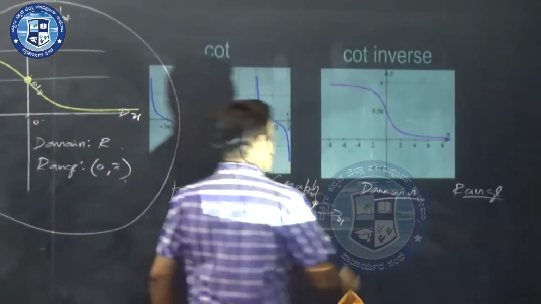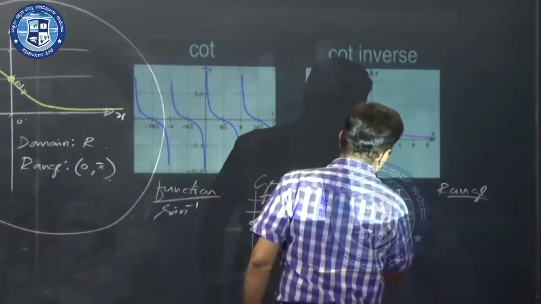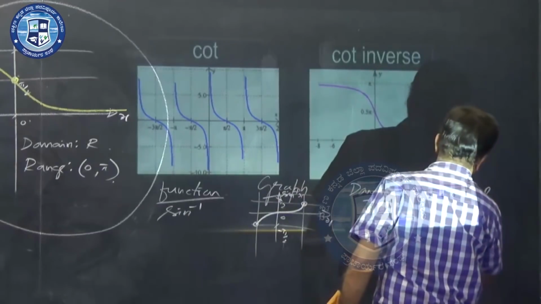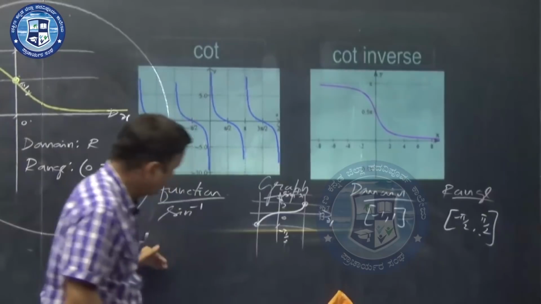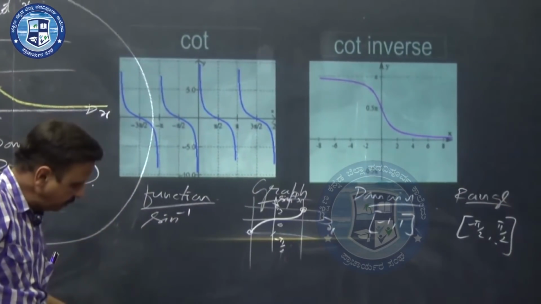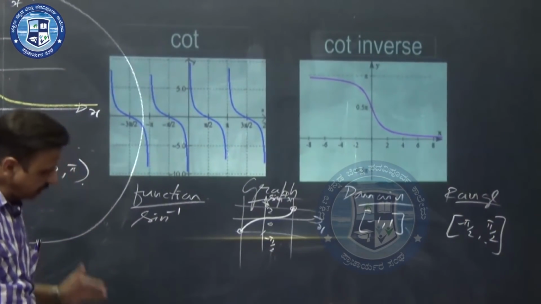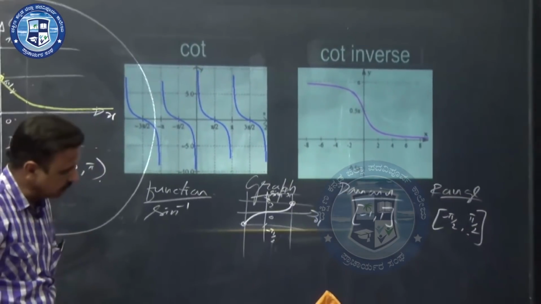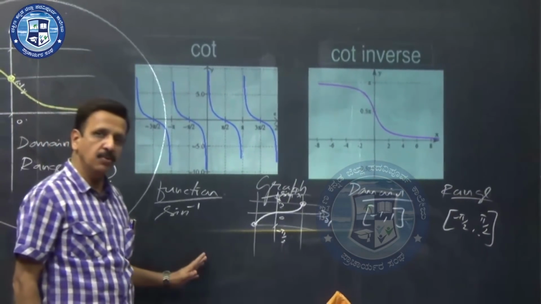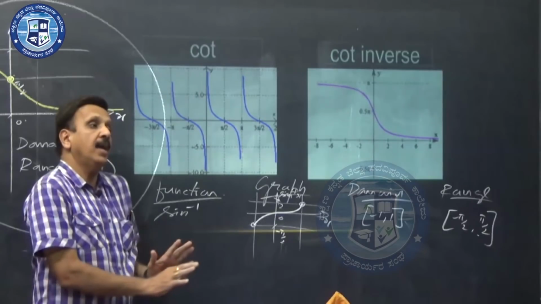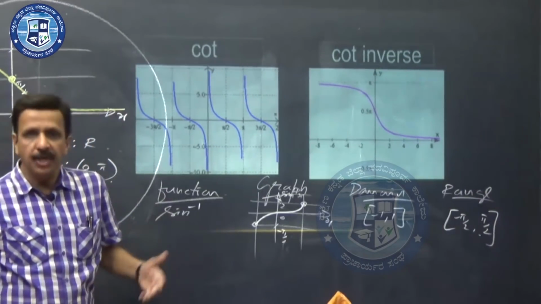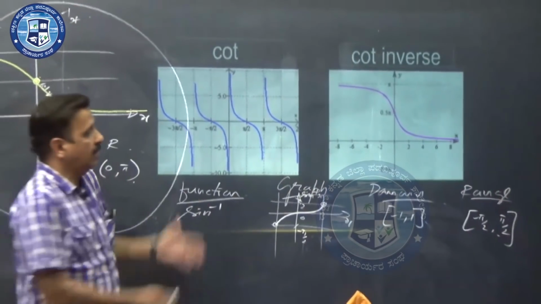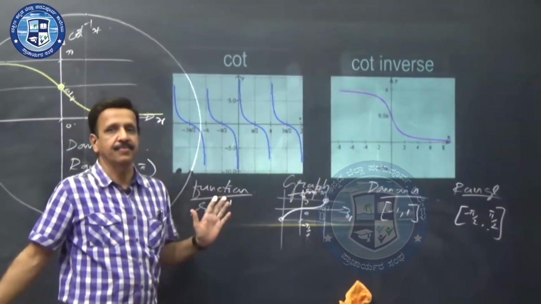And the domain is values of x between minus 1 and plus 1, the range is between minus pi by 2 and plus pi by 2. Like this you make a list. Next is cos inverse, next is tan inverse, next is cosec inverse, next is secant inverse, next is cot inverse. This is an assignment for you, and you must be very fluent with this, then only you can work out problems very effectively. That is why you should take this assignment very seriously.